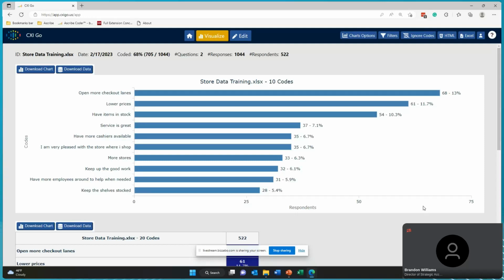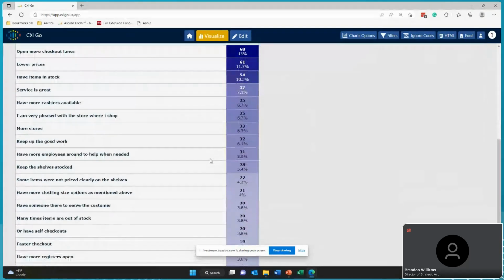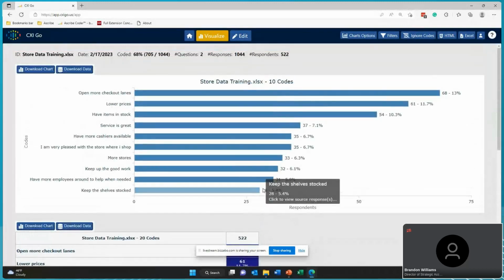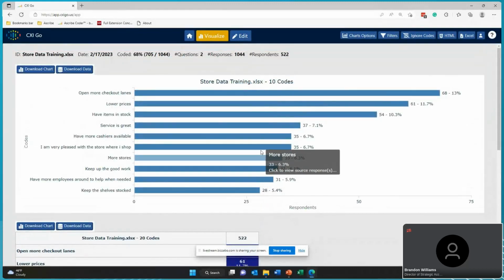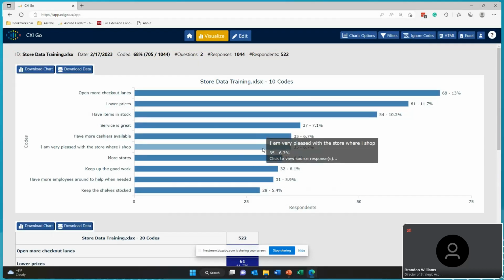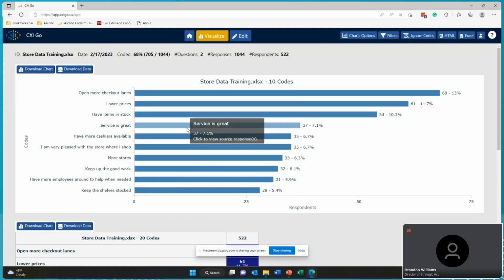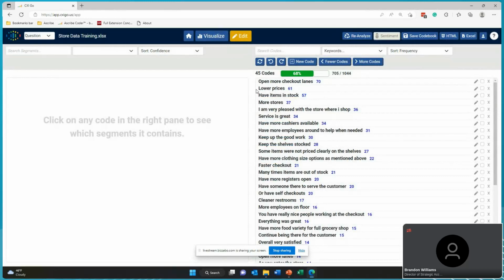On the initial dashboard, this is awesome because I've got my top 10 themes to start with. I can start immediately diving into my data. I can scroll down to go through it in a little bit more detail, but remember, my marching orders here are to produce a set of charts and results for my team. So I'm going to go into the edit side, do a little bit of manipulation and exploration from what the artificial intelligence has produced, and then go back to the visualize to wrap everything up.